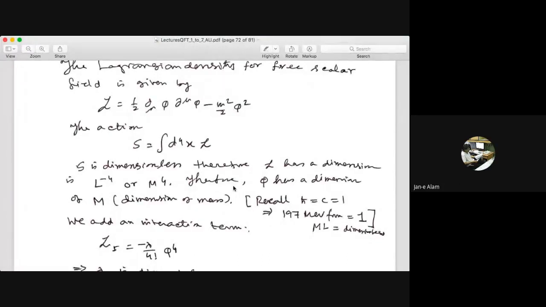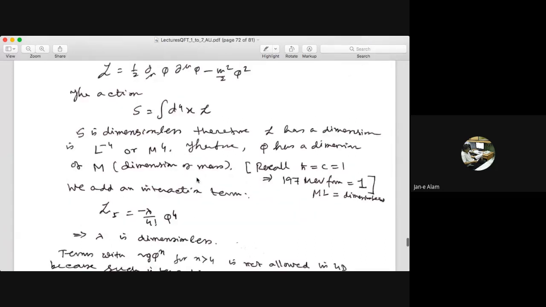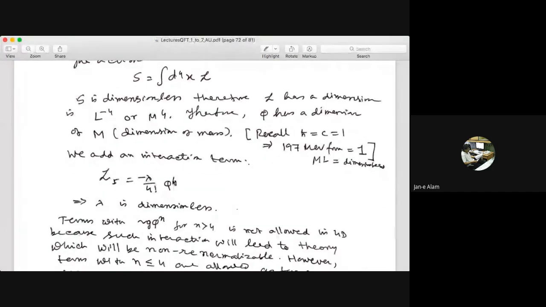Okay. So I am arguing that phi has a dimension of mass, right? Now the question is, what interactions should we put? We are working in 3 space and 1 time dimension, right? Because t and x, y, z, this is our space. Now in this Lagrangian, you can add a term lambda by factorial 4, phi to the 4. This factorial 4 has a meaning. It is just a constant factor which cancels nicely. We'll discuss that later. Lambda is the coupling constant, and this phi to the 4 is the interaction term.